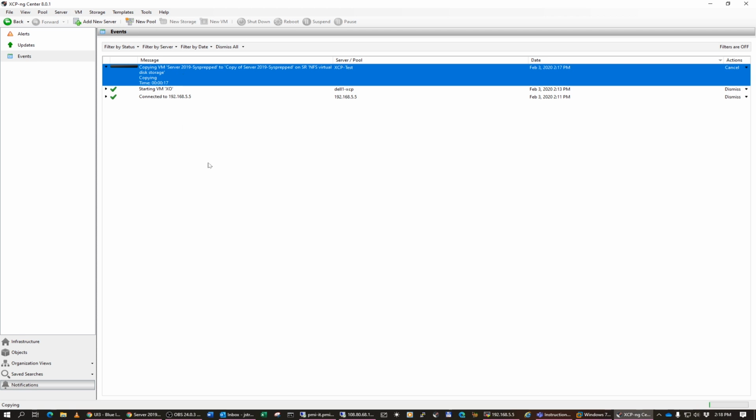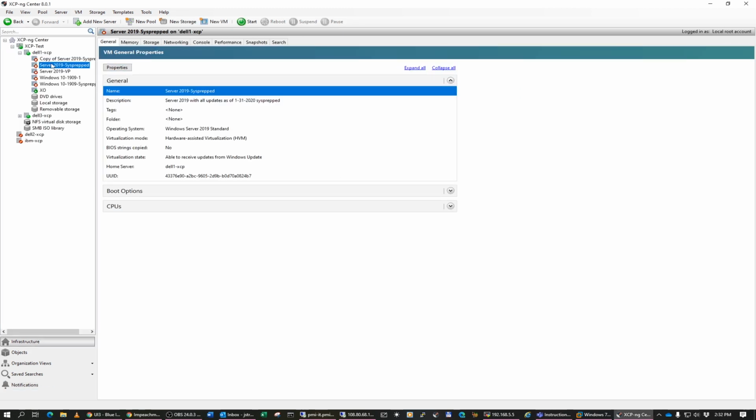So we'll wait till the virtual machine is copied, then we'll rename it, and then we'll boot into it and get it set up and see if we can pass through that SAS controller to it, or the HBA I should say. So it appears the copy is finished, so let's come back to our infrastructure view,